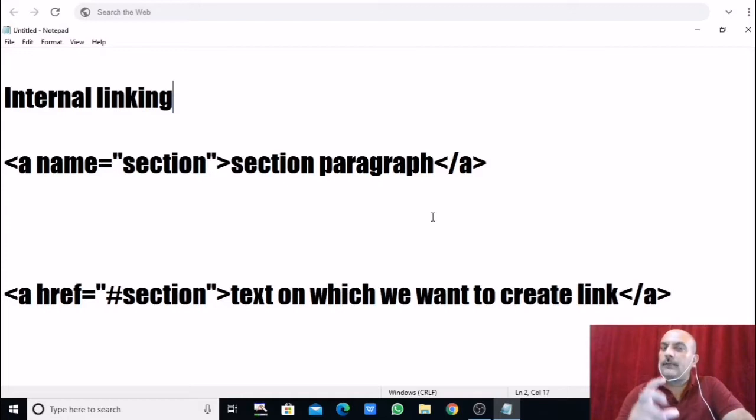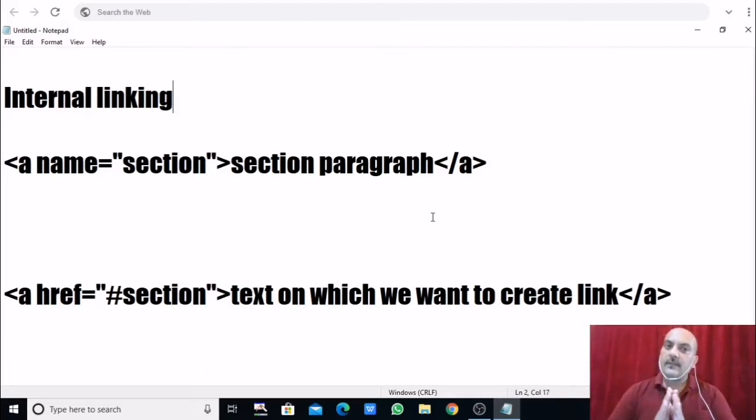with the name attribute we define the name of the section, the particular section which we want to call, and with href we call the specific section which we named before, right?